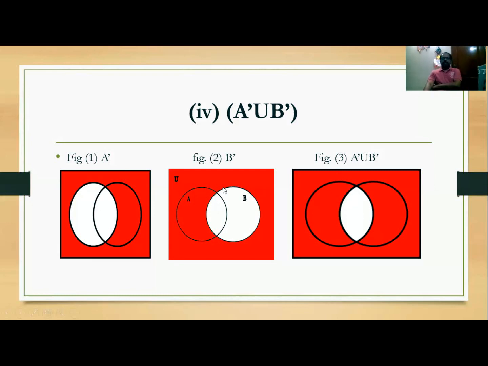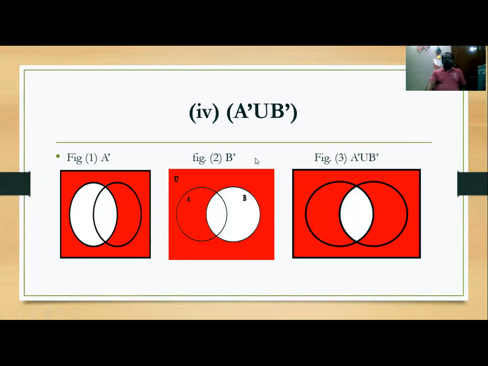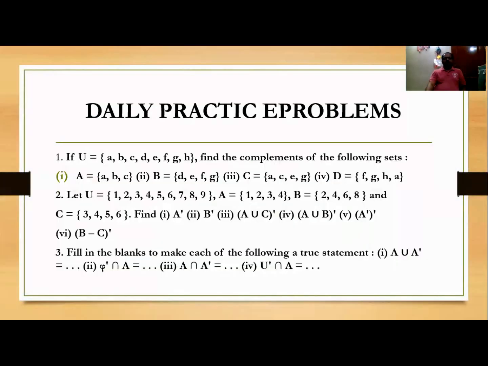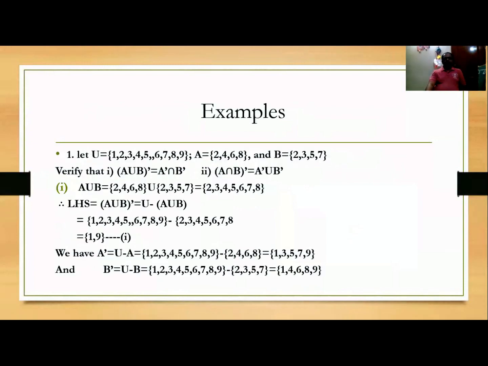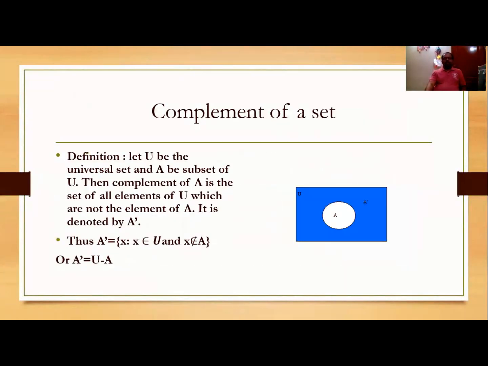Is it clear how to draw the Venn diagrams for the two given sets? Hope everyone got it clear. So hope students, you have got this concept clear, and we have solved some representative examples here. You can try more examples from the books, either from the state board or from CBSE or ICSE boards also. You can solve more examples referring to the solved examples we have here.